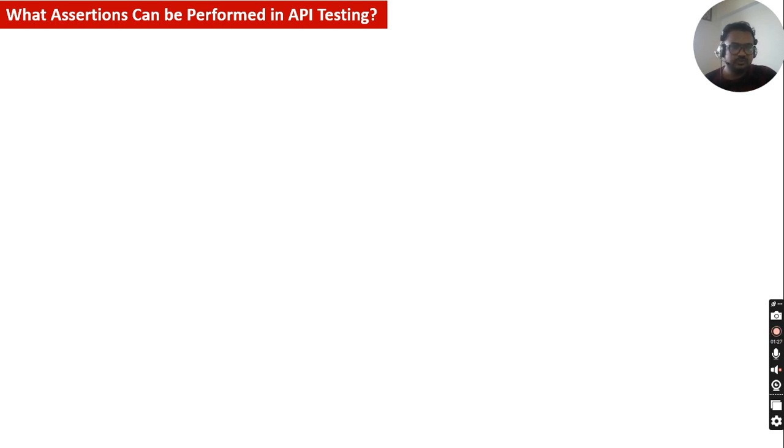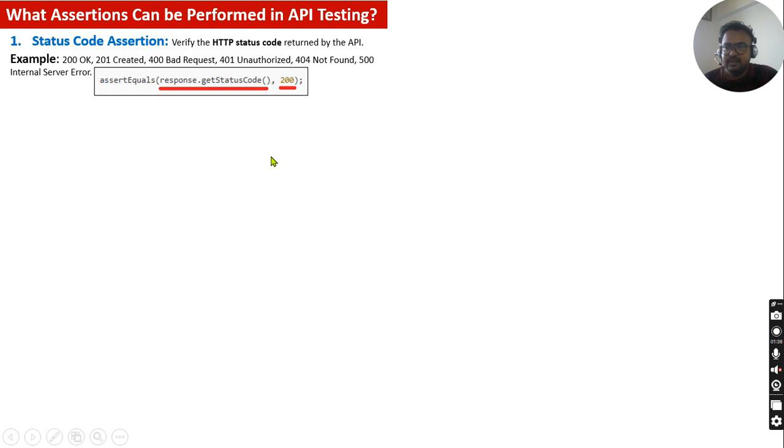And there are many things, to be honest. If you are experienced, you know this part, there are many things you can answer in this question. But let's go one by one, the top 5 to 7. Status code assertion, like status code validation, is one of the very crucial ones. Is the status code coming correctly or not? It depends, like if you are posting or creating something, then it will be 201 or something like that. 400 for bad request, 401 for unauthorized, 405 for not found. So this kind of negative and positive testing you need to do in your API testing.